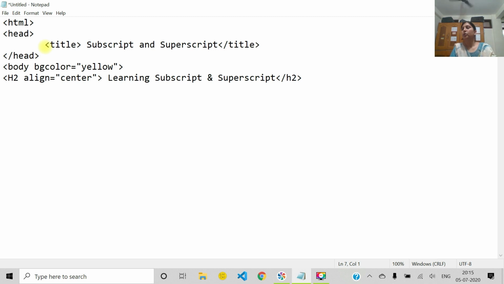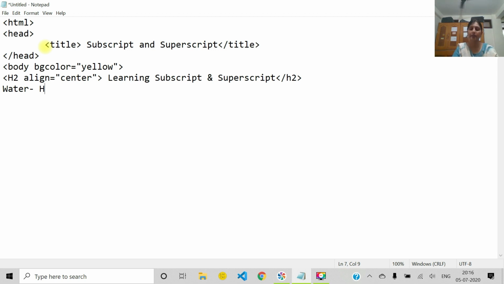Okay. Now the first tag which we are going to discuss, heading, we have already discussed. Now the subscript and superscript. Now I am taking few examples, like suppose you want to display formula of water. Now for water, how will you write? H2O. H you will write as it is. 2. Now 2 you want to write below the normal line. Now how will you write below the normal line? By using which tag?